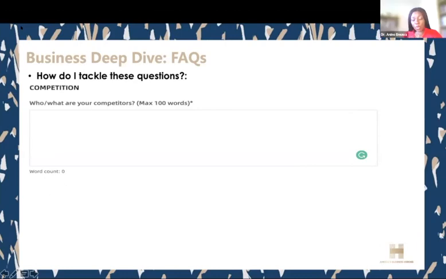This is quite a great one, because sometimes we look a little bit narrowly, and this is where I think very often it's useful to put yourself in the shoes of your potential client, right? Now, before you go into a market, that customer or potential customer is already doing something about whatever problem or issue you're trying to solve. So how are they doing it, right? And how they're doing it is your competition, okay?